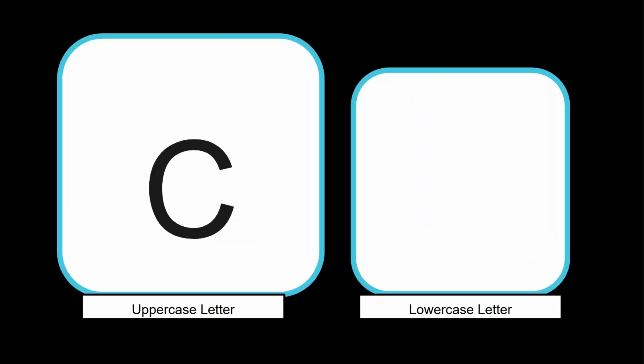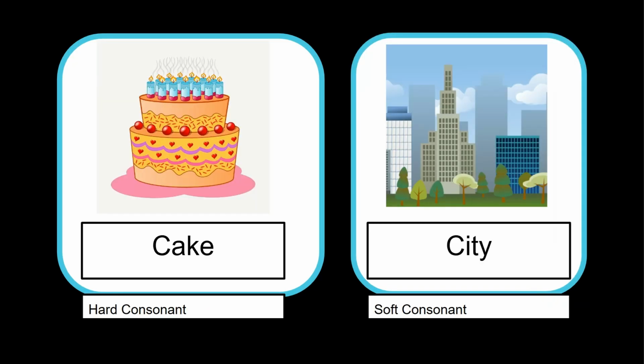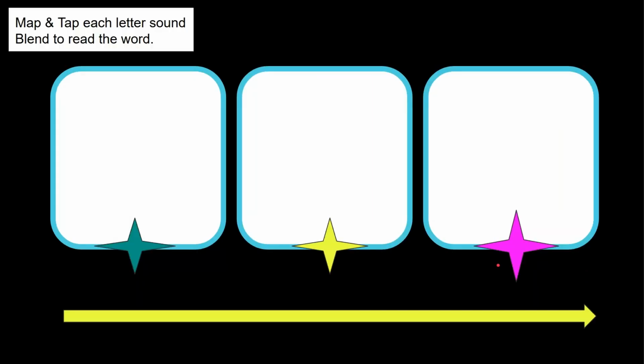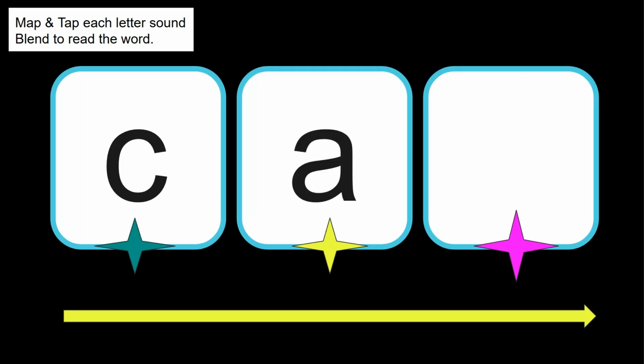Next letter is C. This is letter C, and it makes the initial sound of k. But I want you to know that it does make two different sounds. The first sound you want to learn is the hard consonant. That's k, like in cake. Now, even the letter name itself, C, is a soft C. So it makes that S sound when it's next to certain vowels. So we have city. So let's decode, knowing that hard consonant, k, a, t,